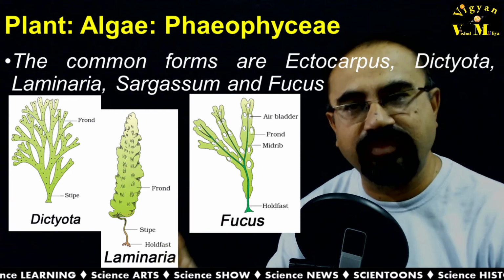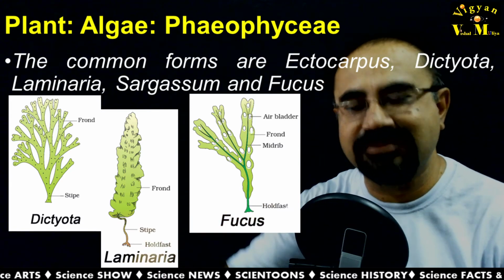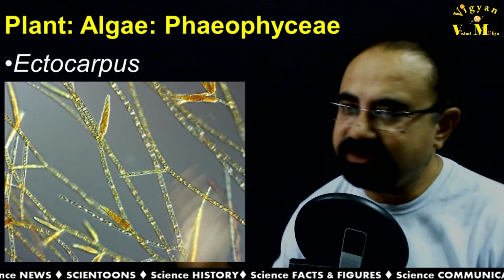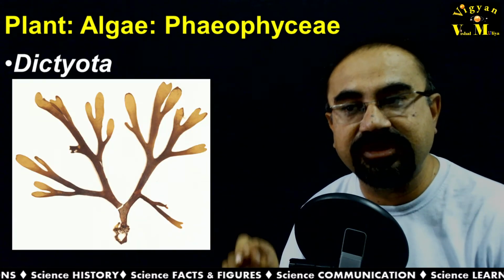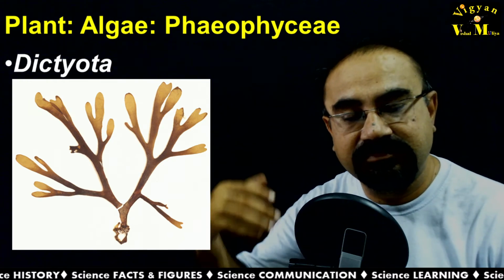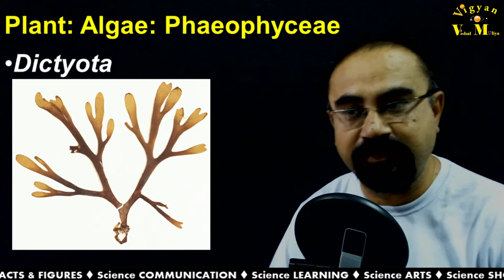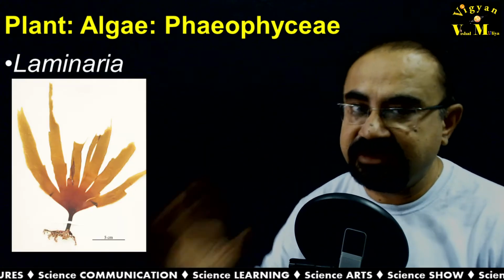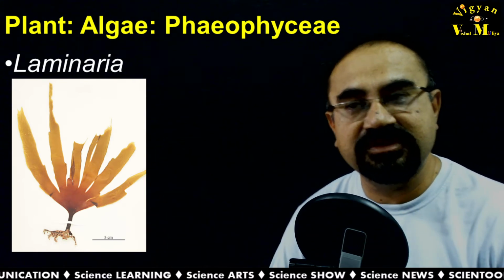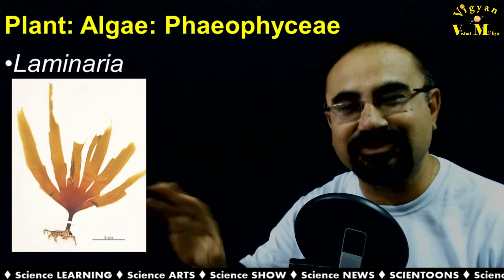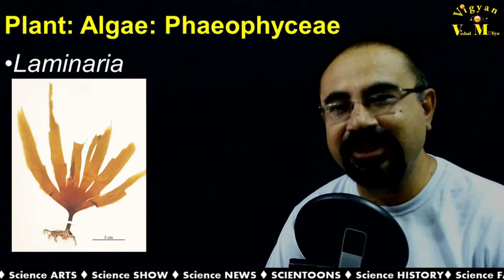Let us go through each one by the photographs so we can feel that we have seen it. Ectocarpus, one can see here in the photograph. Dictyota, it is a net-like structure, increasing double in the number in the branching pattern. Laminaria is having one plane-like structure, so it is capable of making laminations. So Laminaria is mainly a two-dimensional structure.